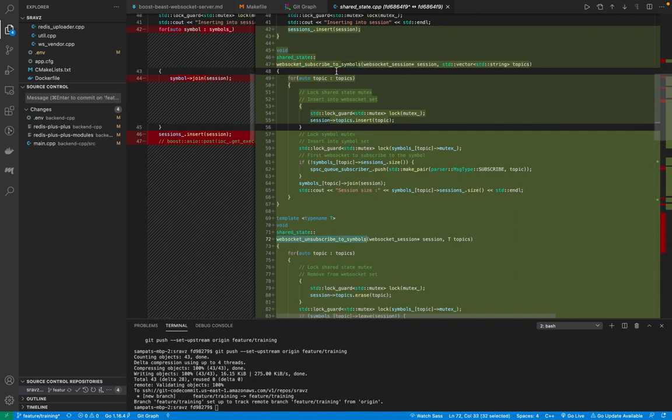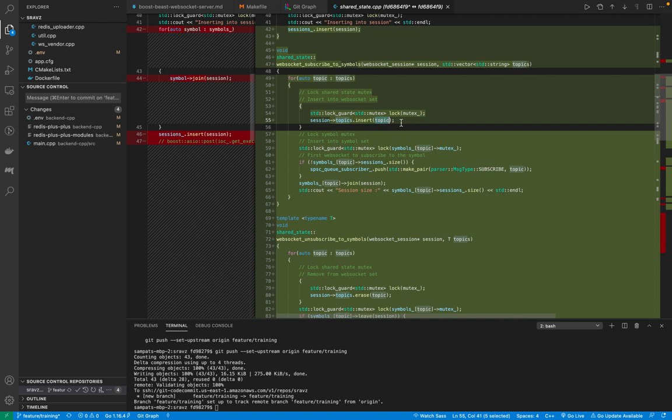Say if I want to subscribe to Ethereum and Bitcoin symbols, first the program will create the list of topics that are all served by this program. In these topics, we'll insert all the symbols that are served by this program. So this is a set. Once we insert in the set, if it is there, it is not inserted. If it is not there, it will be inserted. So that's how we create a unique list, or set, of all the topics the program is